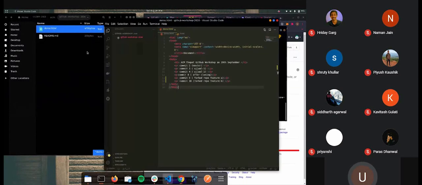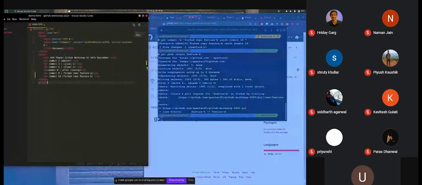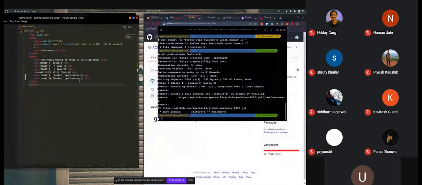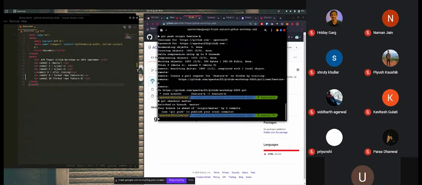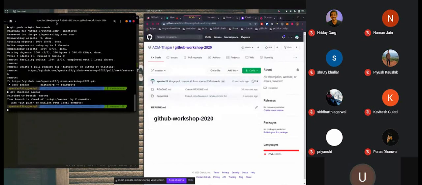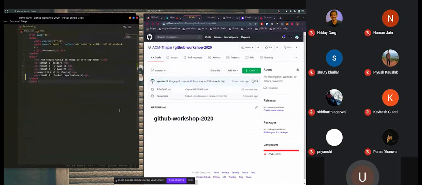But if I switch to the master branch of the local repository that I have on my computer, you can see it right now. So now we are on the feature B branch, but if I hit checkout master, okay, yes, so I switch to the master branch.